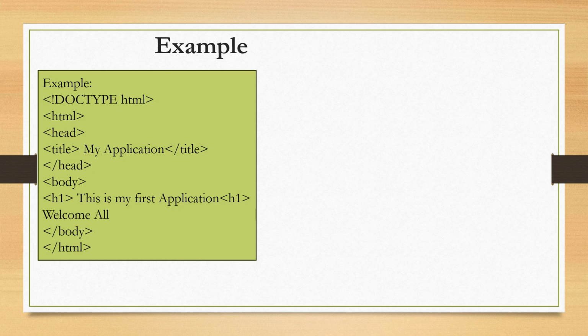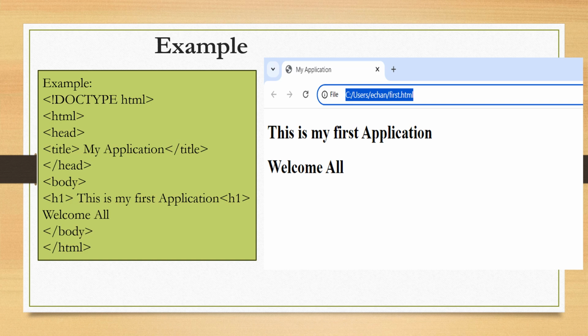Normally the HTML file is saved with the extension .html, and all the HTML tags are interpreted by the web browser. While we are executing this example on your web browser, we get the output like this. Here, "my application" is what we defined inside the title. What we define there will be displayed on the top of your web browser, and what we define inside the body tag is displayed inside the body of the actual web page. Here we are giving the first one, this is my first